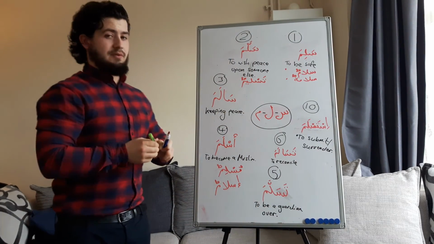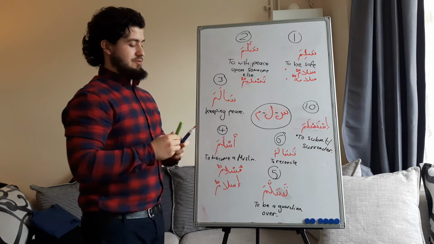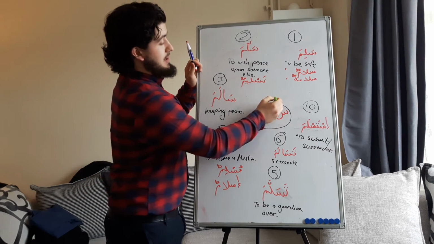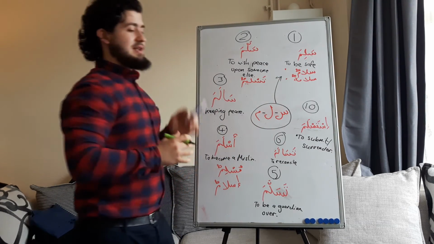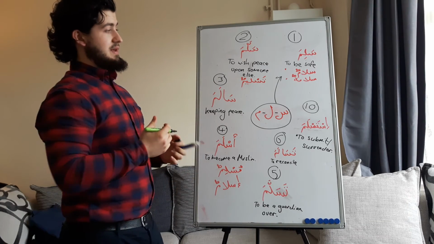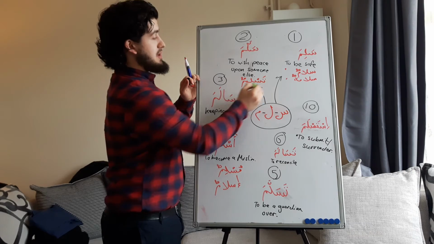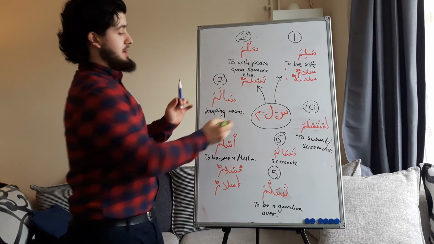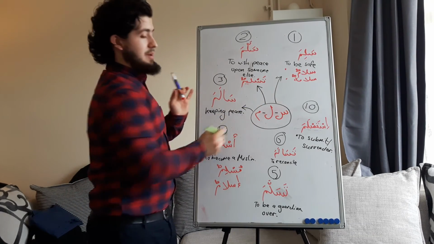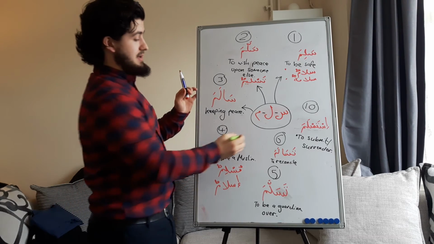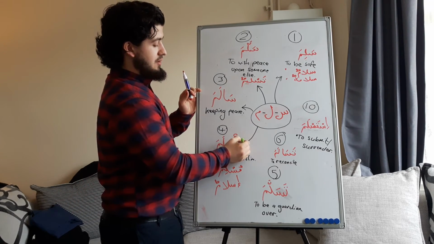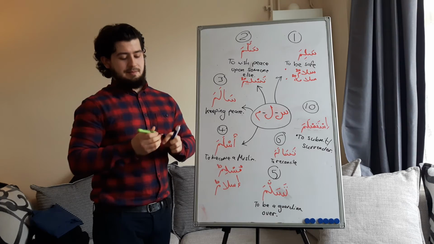So those are the main verb forms, the main verbs that actually come out of this root salima. So we have our form 1, which literally is to do with being safe. We're just going to recap over these. To do with being safe, to do with peace. This is to do with wishing peace upon somebody else. Sallama. This form 3 is to do with keeping the peace, actually maintaining the peace that you have. This form 4, this is actually where the word Islam comes from.